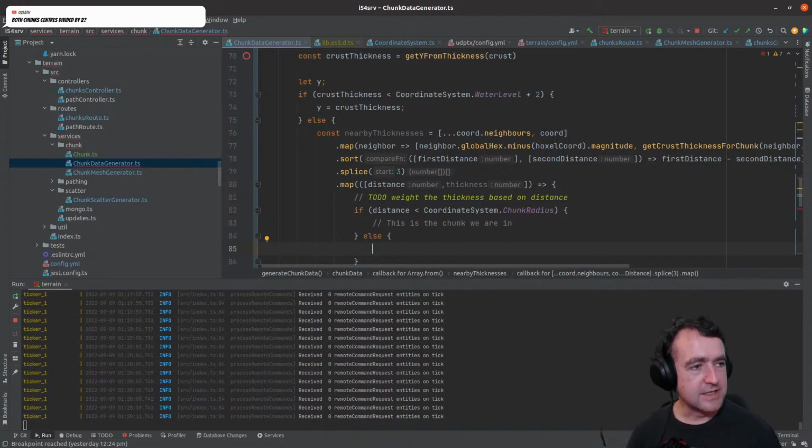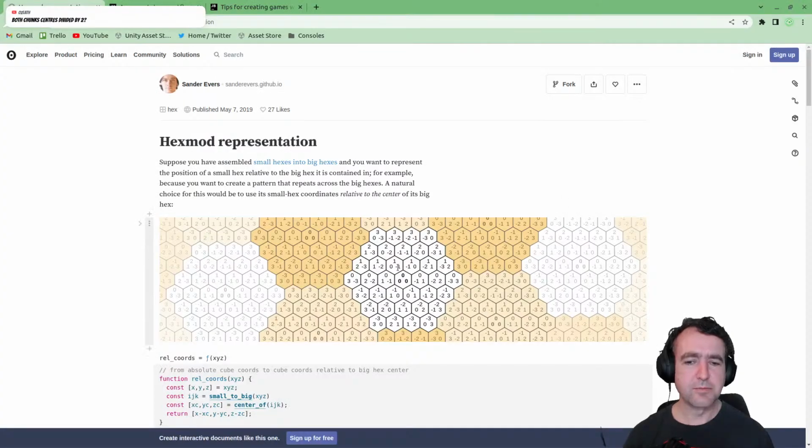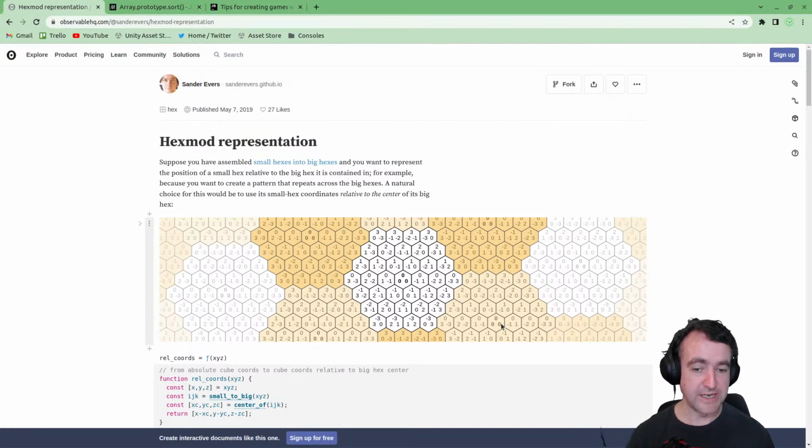Both chunk centers divided by 2. Yeah, so what I'm trying to do: each of my voxels has a property, which is the thickness of the crust at that point. I'm just trying to get it so that if this one is beach and this one is grassland, as we get to the edge here, I want the noise on this grassland to approach not even 0. It's going to be 0.5, so half its normal power. And then as we come back here,